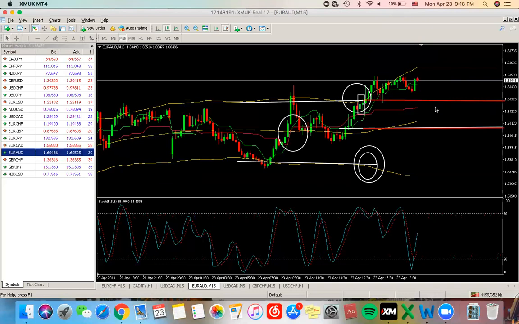And when we reach the level, let me make it green. So when we reach this level now, it's plus 20. We automatically move our stop loss to this level by using a trailing stop. So if you would use a trailing stop, they put the new stop loss at this green line and not anymore here. So the stop loss is moved to break even automatically, which means if now the next